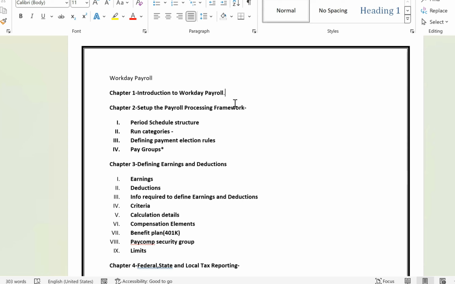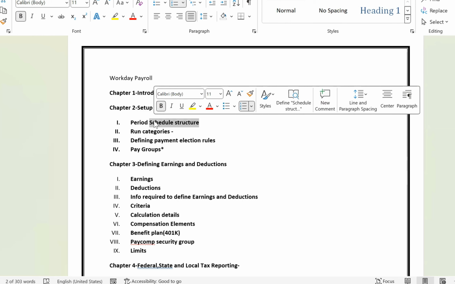Based on this employee's pay frequency, I have to divide that annual amount by 12. Some value will come: 8,333.33. On that 8,333.33, state tax, federal tax, FICA, SUI, benefit deductions, or any standard deductions will be deducted,